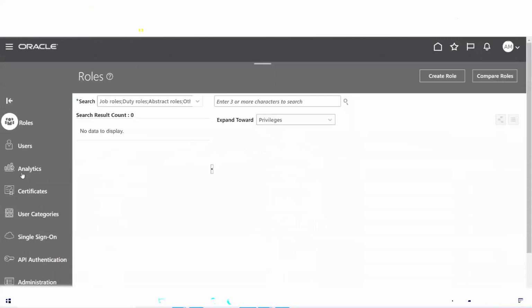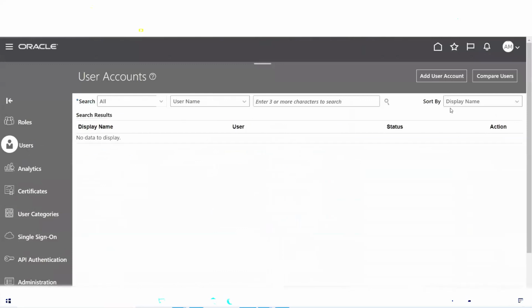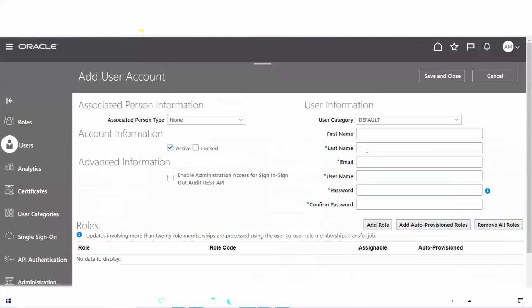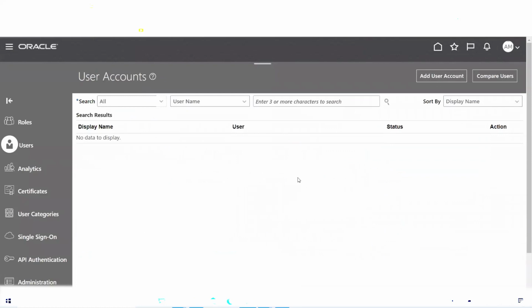Just collapse it and go to users. Click on add user account. We are able to create the user. Okay, done. So we are able to create the user from the Amex user. That means the Amex user got full privileges for user creation. If you want to assign the roles, that you can also perform from this security console. So this is all about